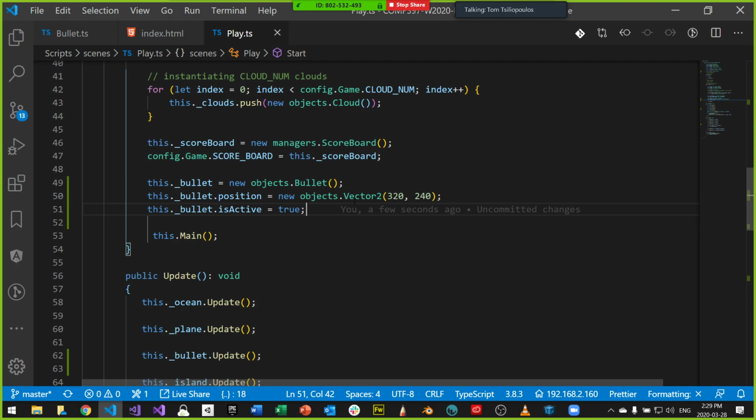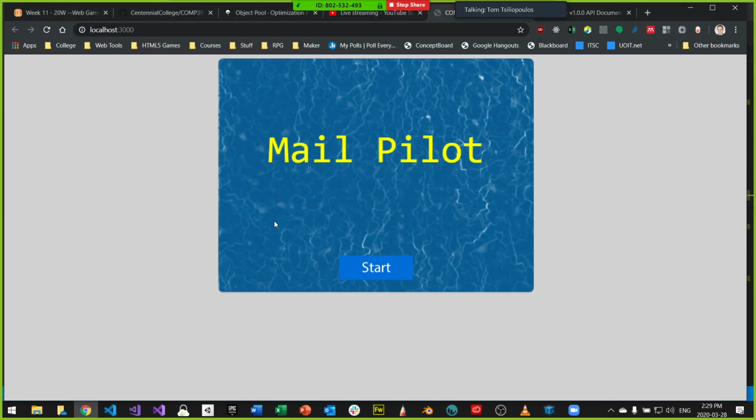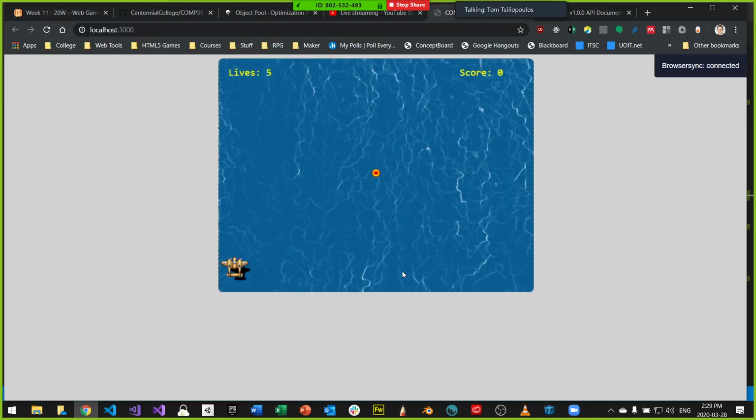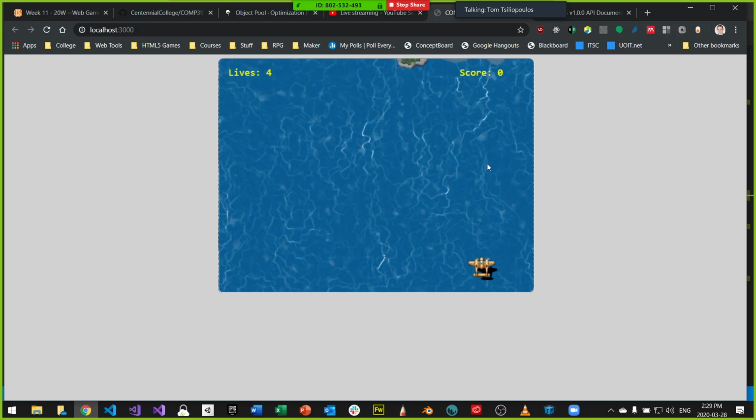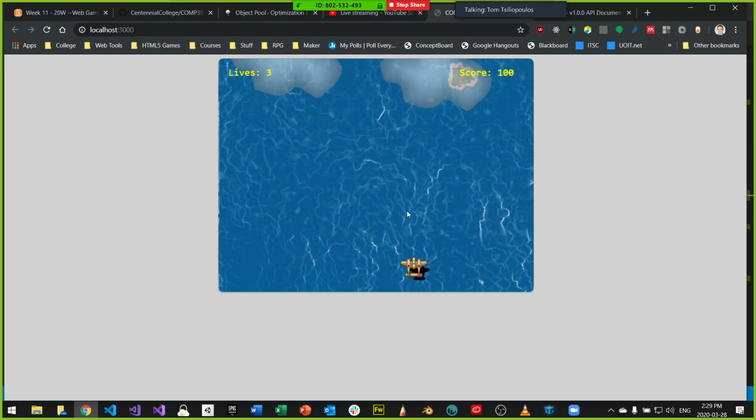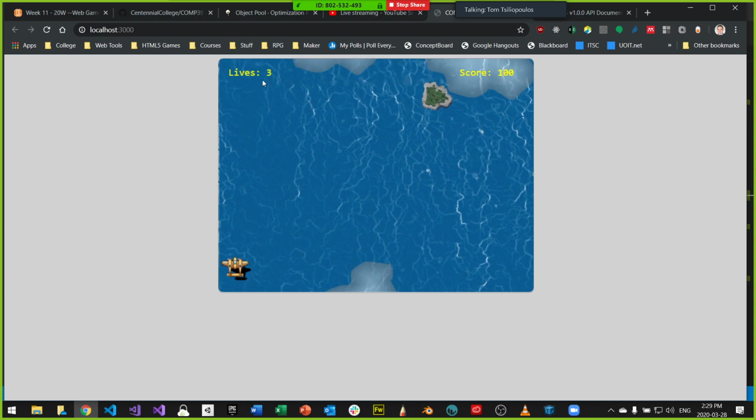This is what we have to do. So these are the three things we're going to have to do every time. We're making a new bullet. We position it in the spawn position of the plane. We set it as active, and then let it fly. Okay, let's see if that works. So refresh and start, and there it goes, right? Left the scene, and it's gone. Okay, and notice you don't see it anymore over here.